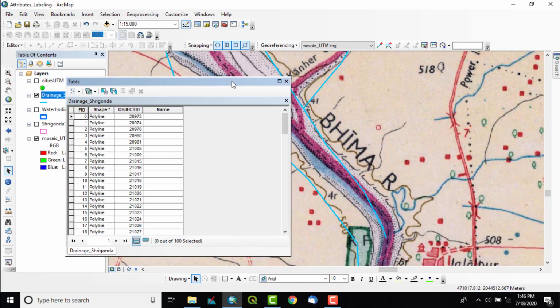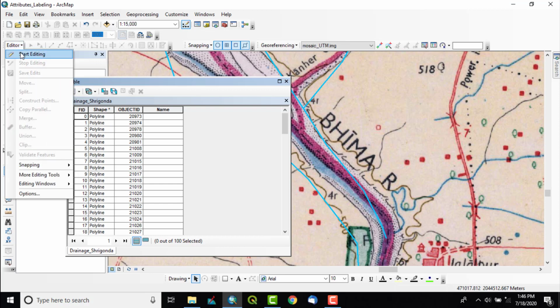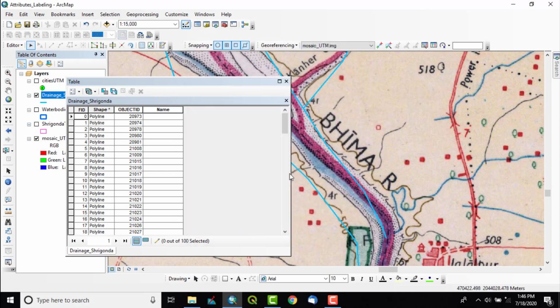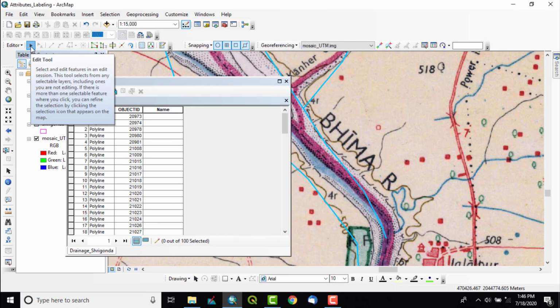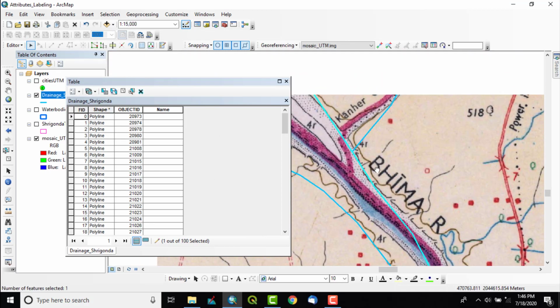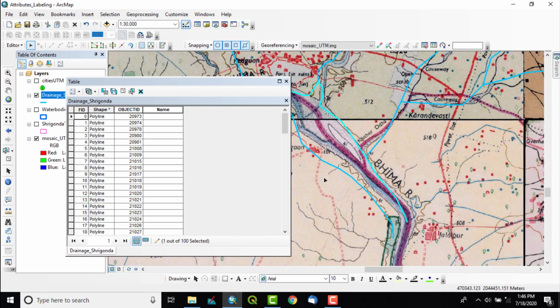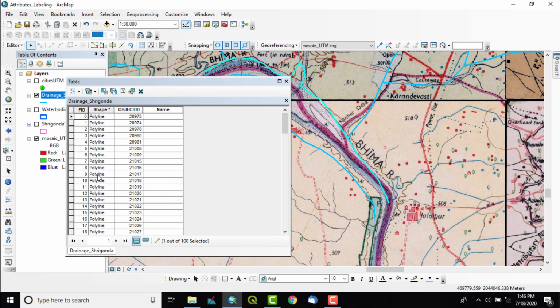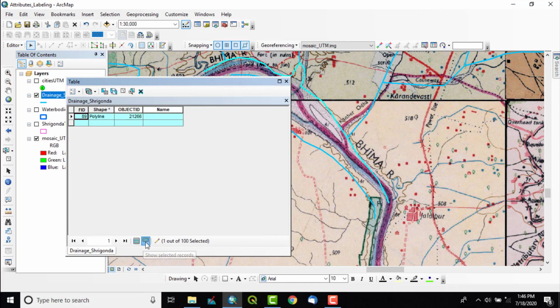So what I will do, I will start editing first, Drainage Srigonda, and OK. I will simply take this arrow and select the river I want to name. After selecting, it will get selected here also, and that can be seen from here, show selected records.